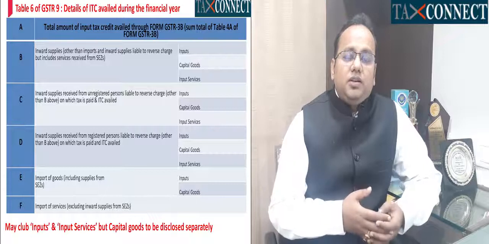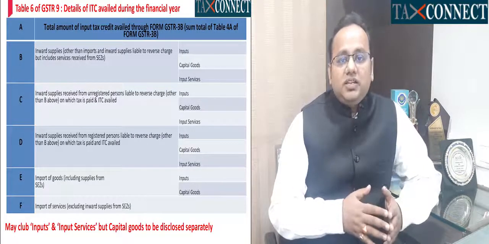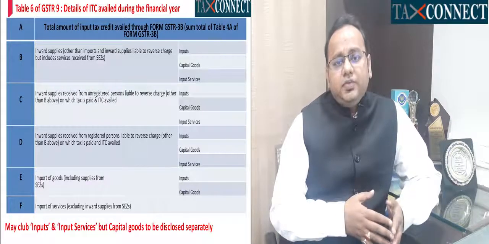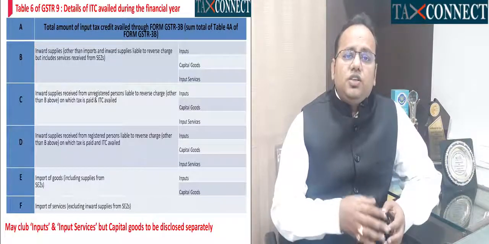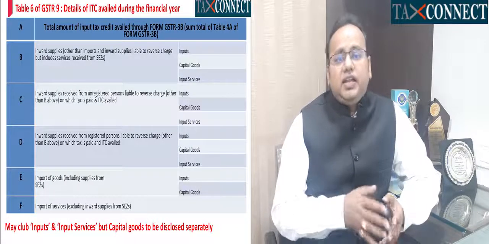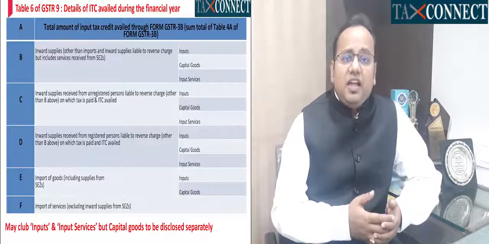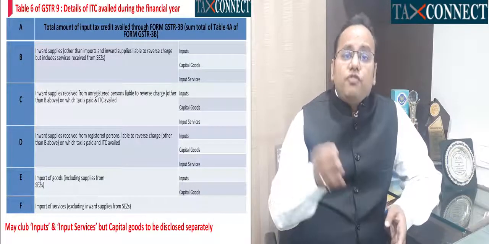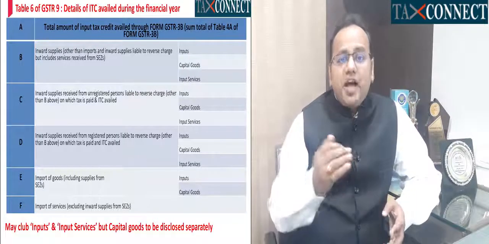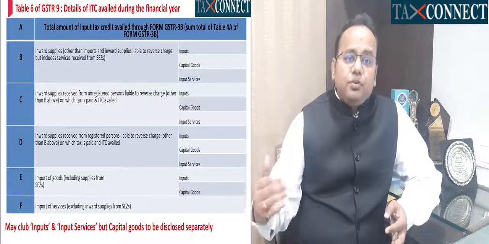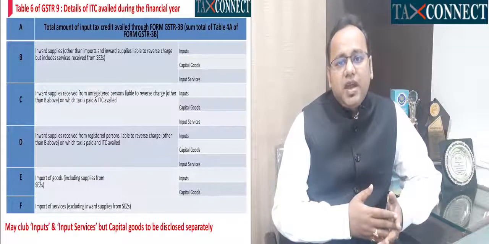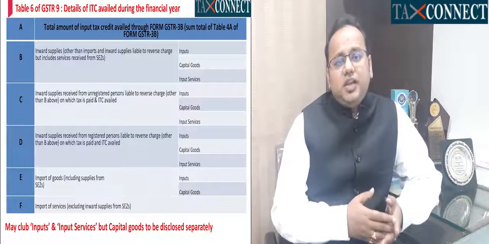Friends, it is very important to have our HSN code details also, although in table 1718 still it is optional, in 1920 also. However, you would see that in the refund rules also it is now important and mandatory to give the HSN code details, and therefore our suggestion is for table number 6 also it is important that you bifurcate into inputs, input services and capital goods, all three, even though it is not mandatory, and you can club inputs and input services.